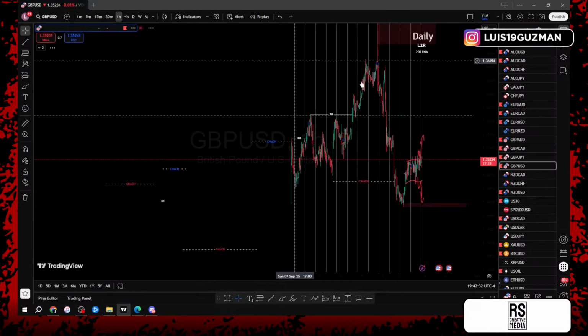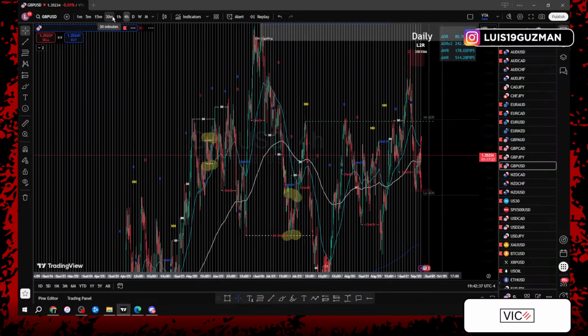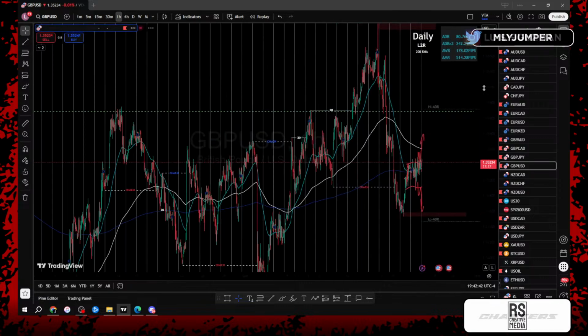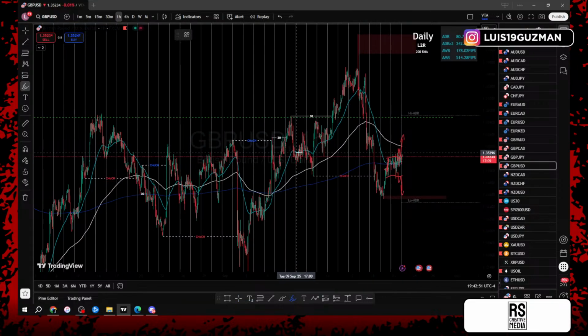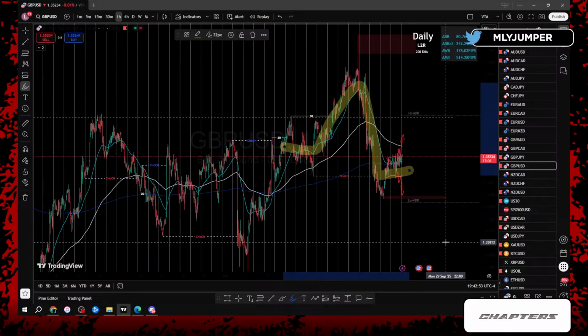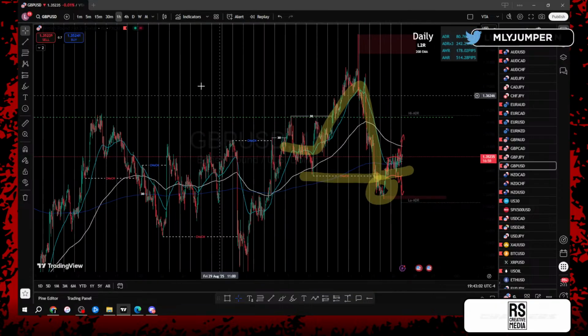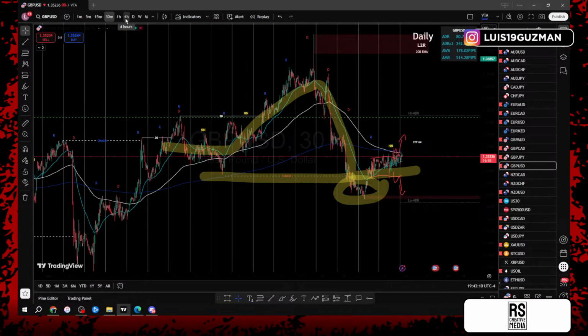Looking, if we go to the 1-hour, right? Switch back from 1 hour to the 30. And then we'll talk about the 4-hour and why I'm looking at this. So, shoulder head shoulder. Price gave us an inducement of the low. Once I start seeing price give us that change of character and break on a lower time frame, I expect price to continue this uptrend push back to the top side.